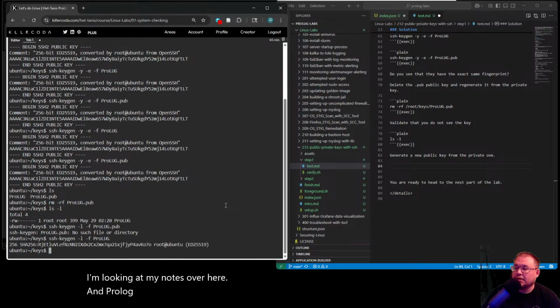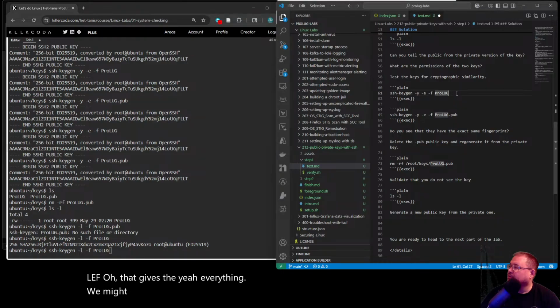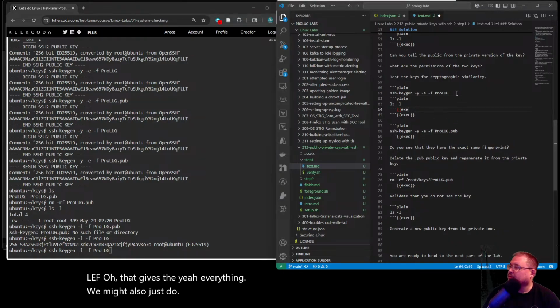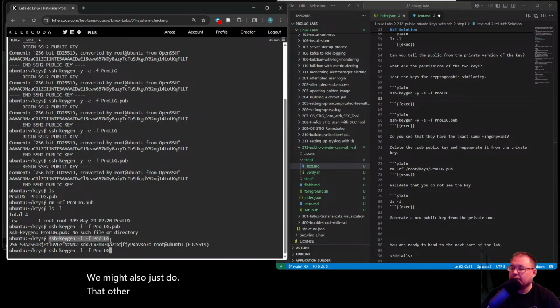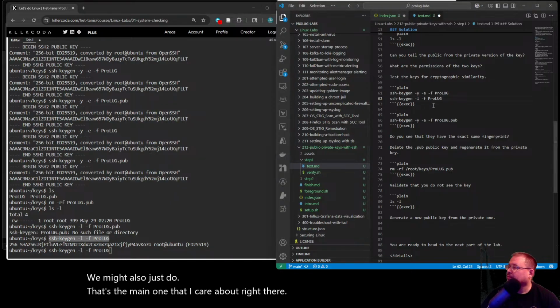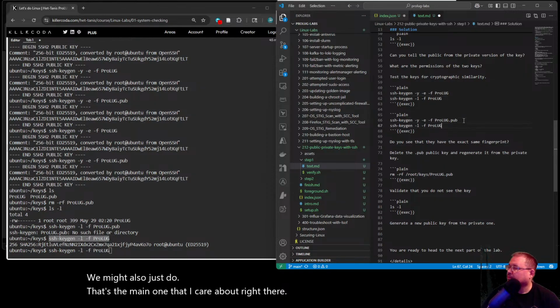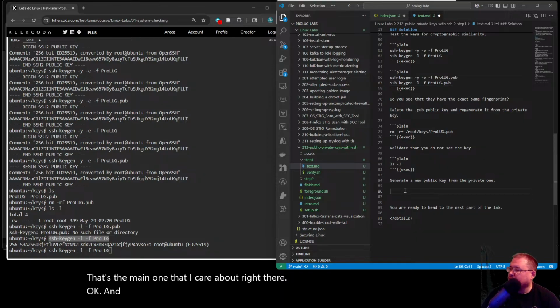So that's actually the one, -lEf. That gives everything. That's the main one that I care about right there. Okay, and then we generate our new one. I've got to remember how to do this.